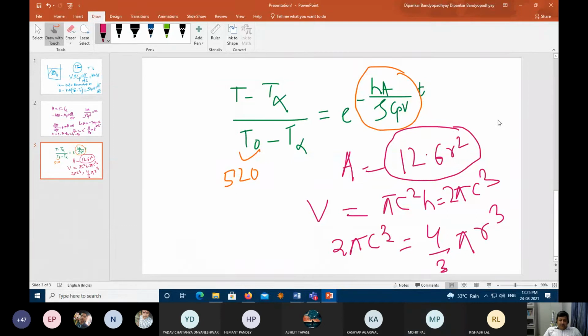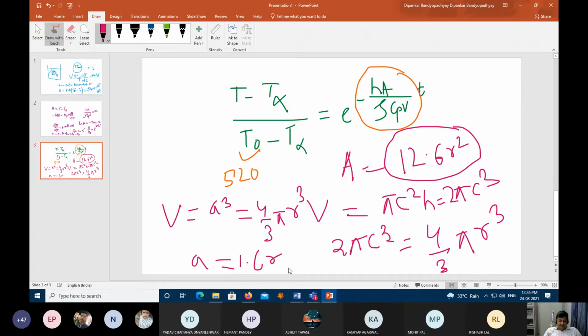14.27 R square. Now for the cube, in cube you will have V equal to what? Volume of a cube is what? That is equal to the volume of the sphere, that is 4 by 3 pi R cube, right? Yes, sir. Now from there you will have a relationship between A and R. A is equal to what? (4 pi by 3) to the power 1 by 3. That is 1.6 R. Very good, 1.6 R, right?